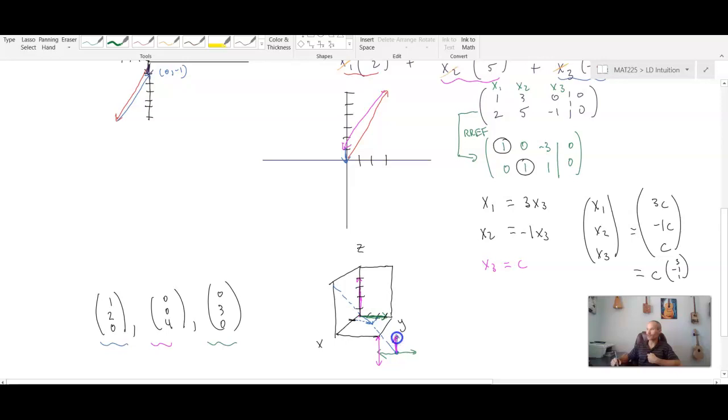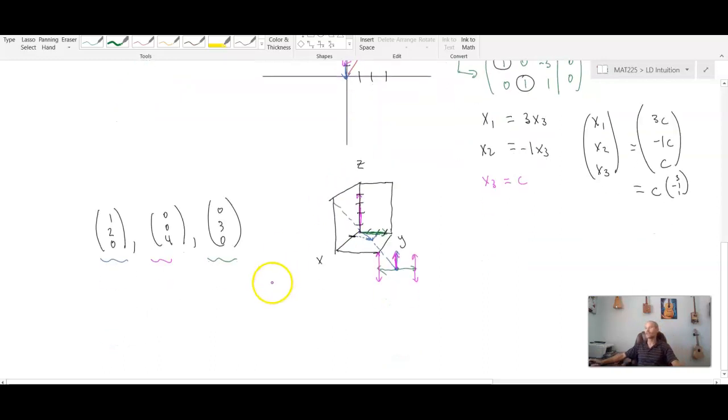I should have drawn this in pink as well. So at any point I can choose to go up and go down. So the blue vector and the green vector will let me navigate all of R2 in the xy plane, and then the middle vector will allow me to get off of that xy plane, and clearly I can go to whatever z value I want because the vector just goes straight up and down. So the intuition here is going to lead us to the fact that these are going to be linearly independent